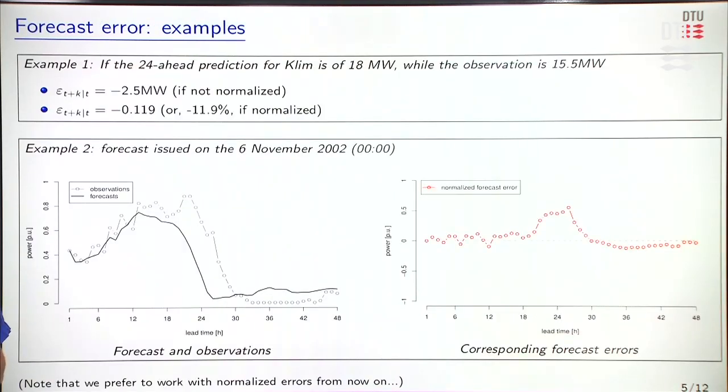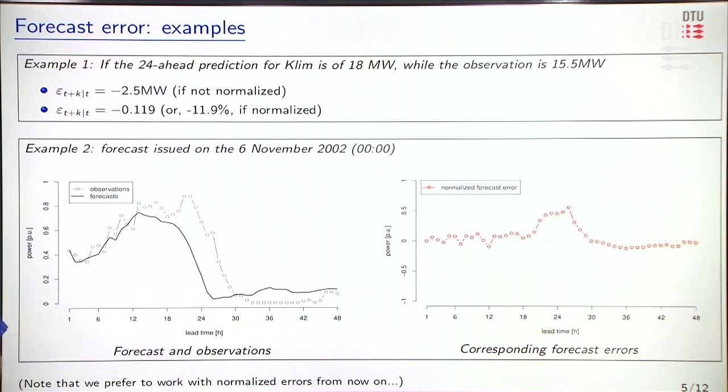Let's look at some examples. We have seen the example of this forecast from before, and we want to calculate forecast errors. In a very simple case, let's look at 24-hour ahead prediction for this Klim wind farm, and this prediction 24-hour ahead is 18 megawatt. If you talk power, this would be 18 megawatt hour if you translate it to energy to